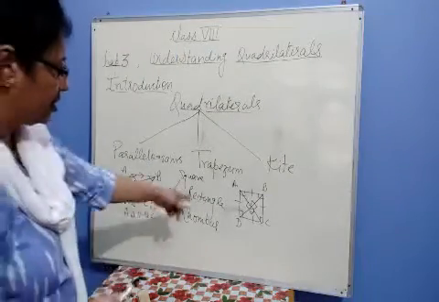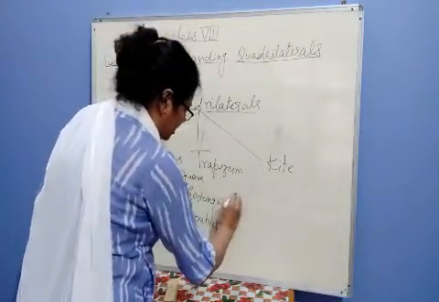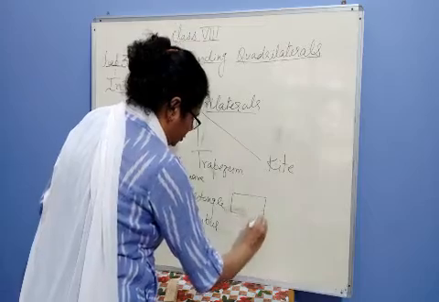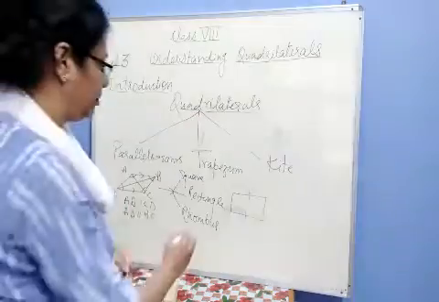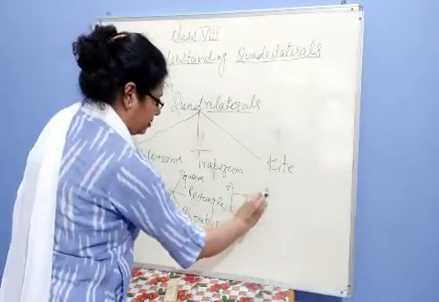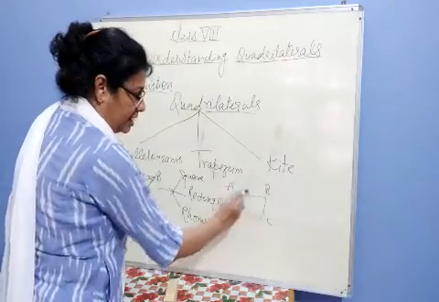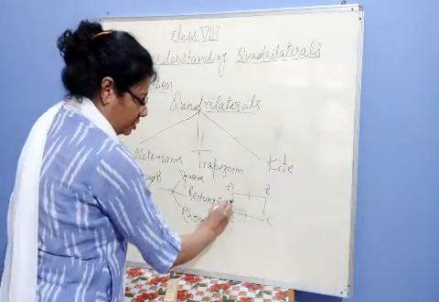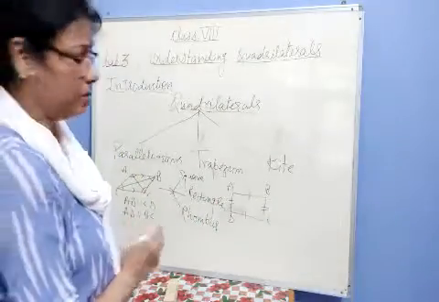The next is rectangle. In rectangle, opposite sides are equal and opposite sides are parallel. Means if I take the name ABCD, then AB is equal to CD and AB is parallel to CD also. AD is equal to BC and AD is parallel to BC also.